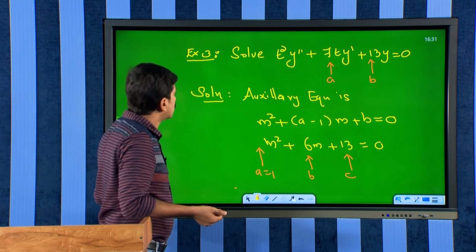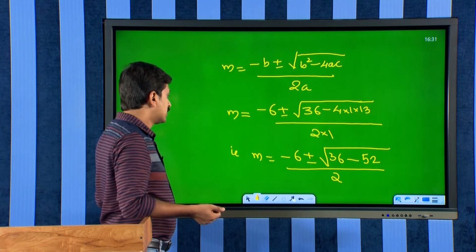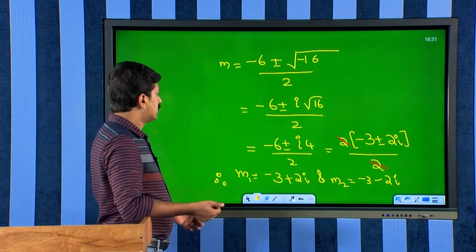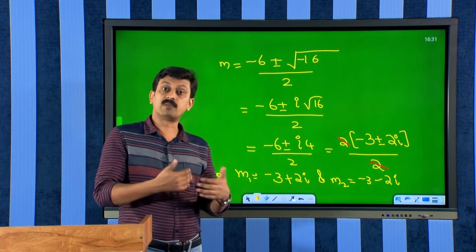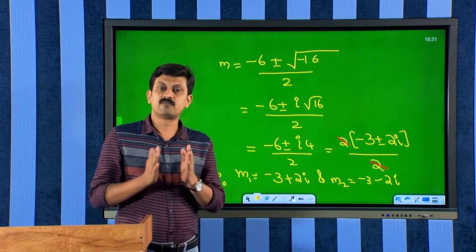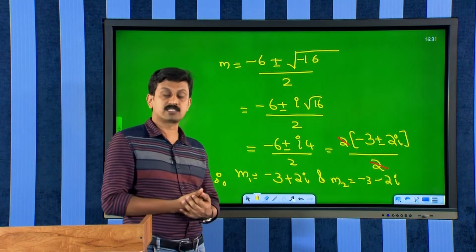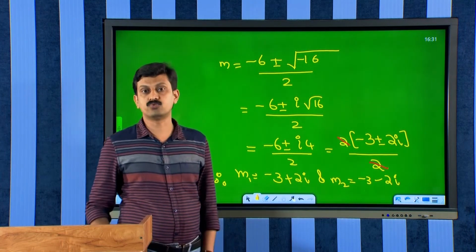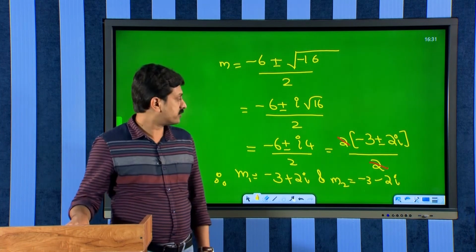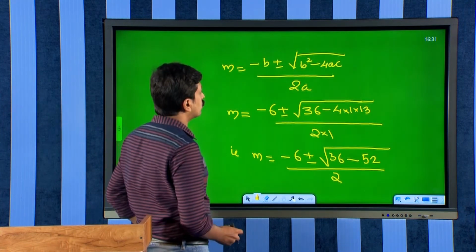So, we found the roots of the auxiliary equation as complex conjugate roots, with the real part minus 3 and imaginary part 2. So, we can have the general solution. Therefore, the general solution of the equation is,